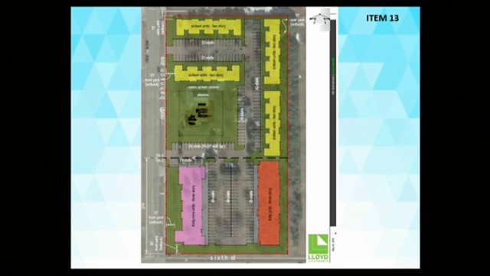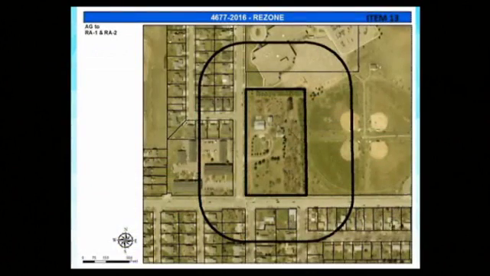So we have every intention of trying to save as many of those as possible. Are we going to save them all? No, we can't, with the building placement that's going to occur here. But at the same time, because of our ability with this potential layout to condense that green space and open space, I think we'll be able to save more than we could had we not approached it that way.